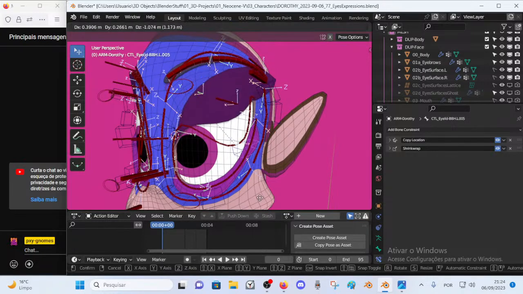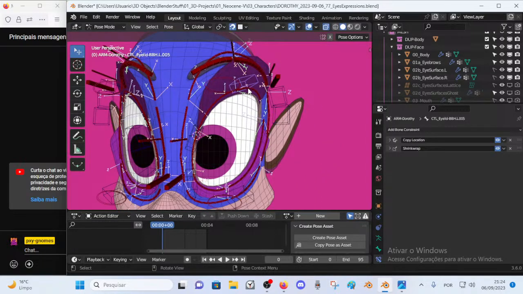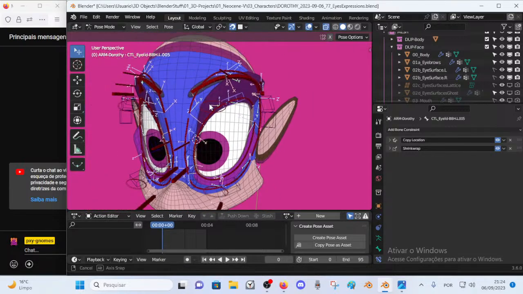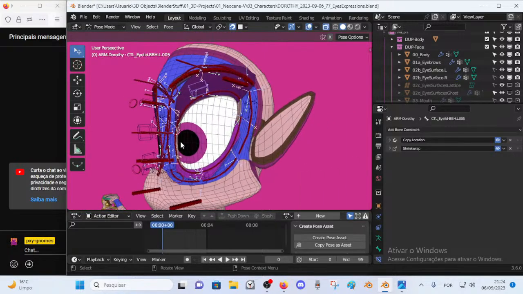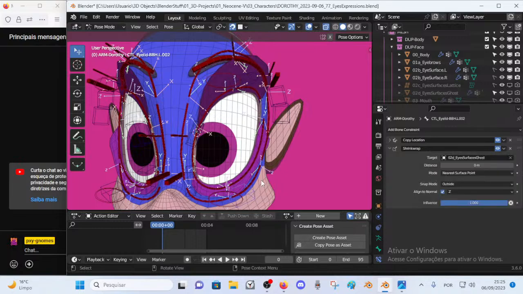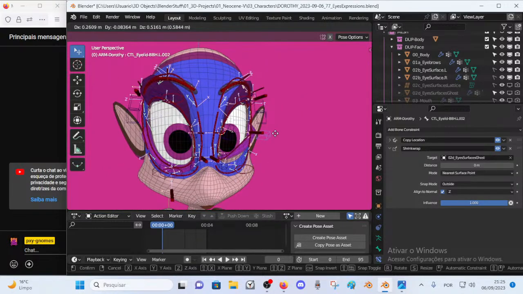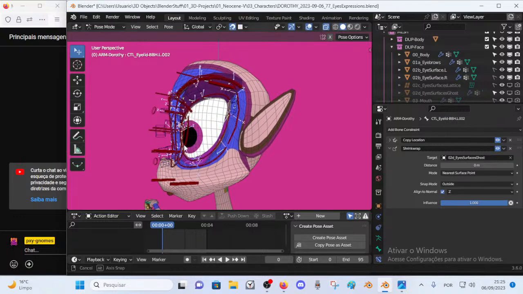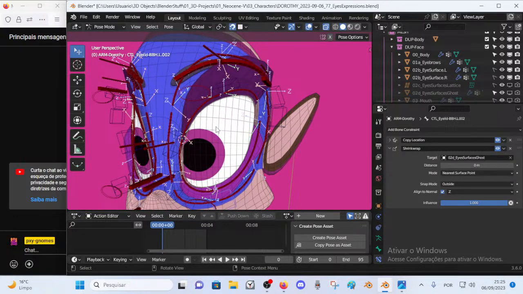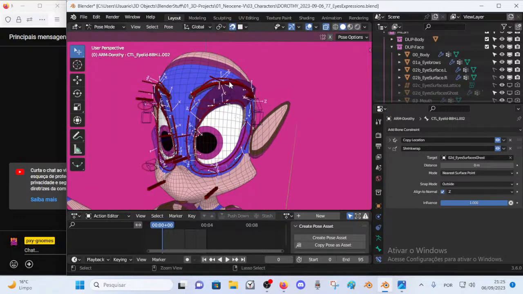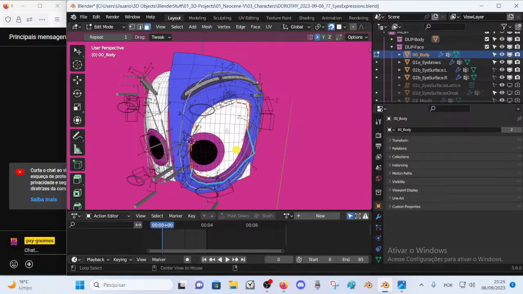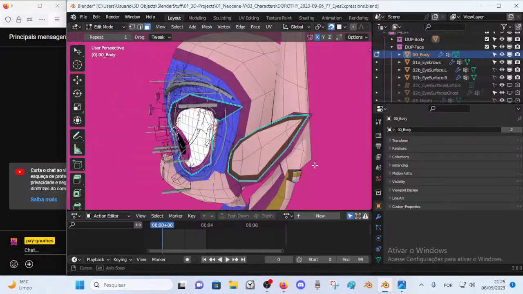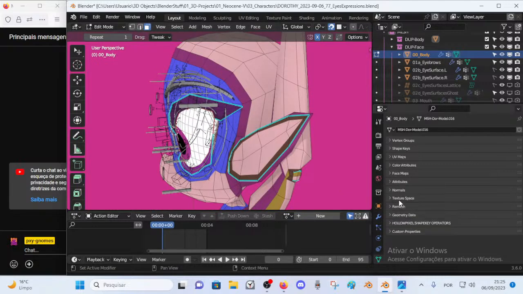So this is the challenge, but before I am able to do this properly, of course I needed to adjust all the features of this rig, and the last feature that is remaining that is not actually working very well. It used to work well, but then after so many retakes it got the rig broke. It's the eyelashes rig, so I need to reassess the eyelashes rig, and this is what we're gonna do now, and I hope it won't take a lot of time. So let's go already for it.